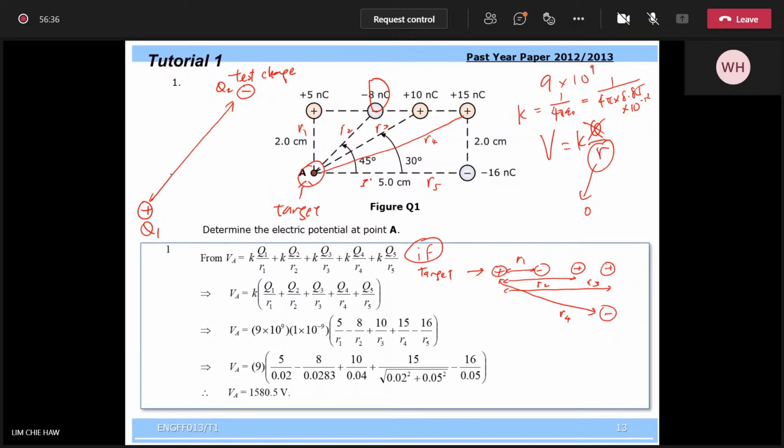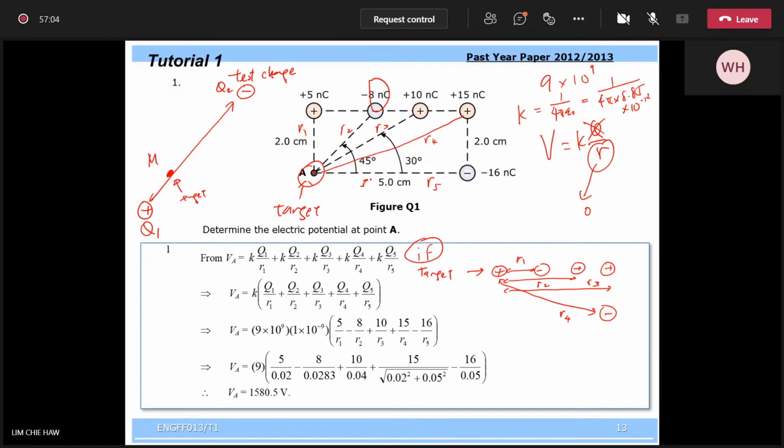Let's say we have a point M here. This is the target. Do we need to do work to bring this negative charge to point M, or will it go automatically? It will go automatically. Yes, exactly. So in this case, we don't need to do work, but it will go automatically to this point